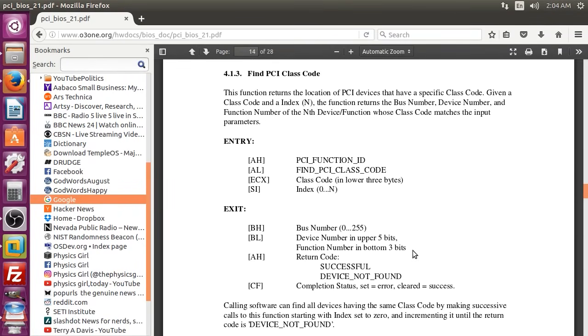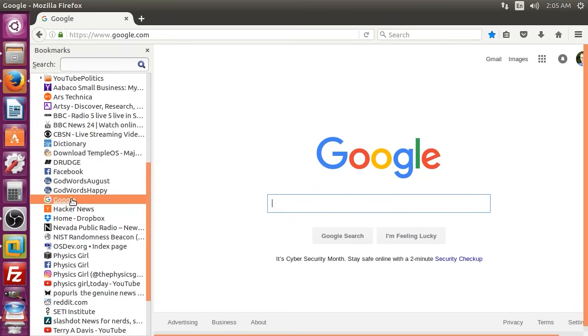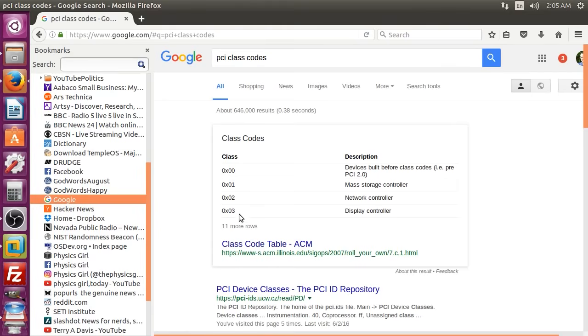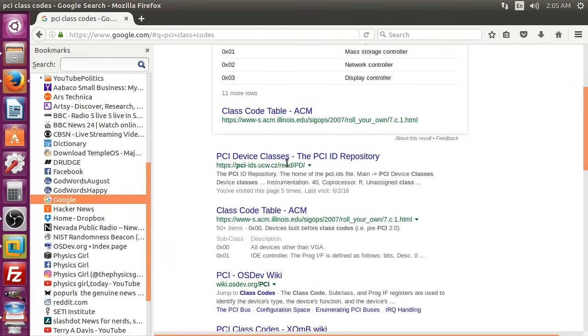Okay. So, you want to actually do this? Let's do a little example. We got nothing better to do. So let's go to PCI class codes. So this is where you go if you want to find out